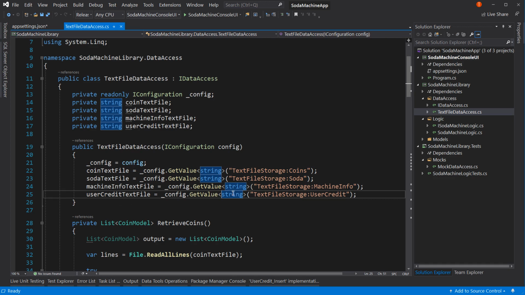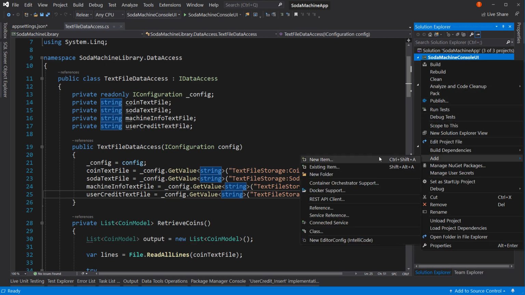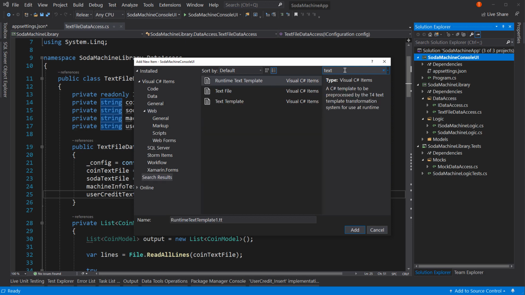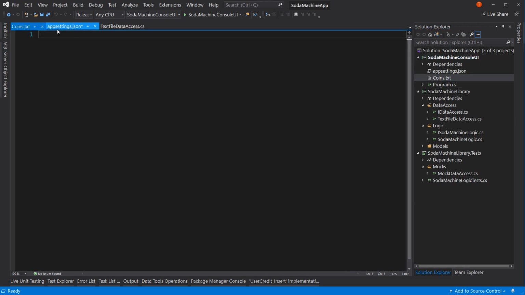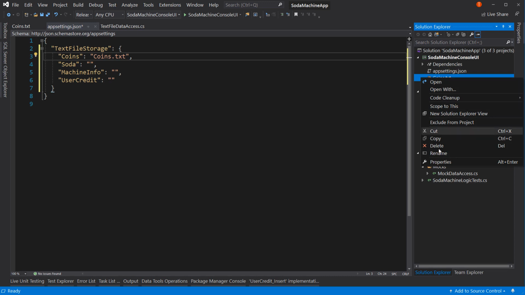Now here's what we're going to do. We're going to create four files in our console UI. And this is more for demo purposes than anything else, but it would work in production as well. So what we're going to do is we're going to create one called coins.txt. So we're going to look for a text file. We will name it coins.txt. There's our coins file. And we'll say that it is coins.txt. We'll make sure that coins file has the properties